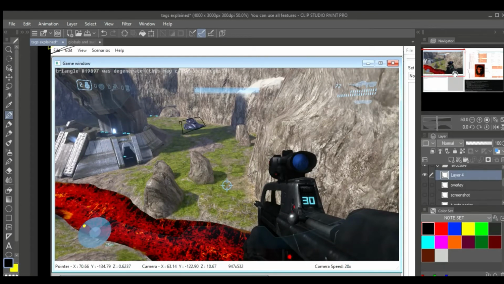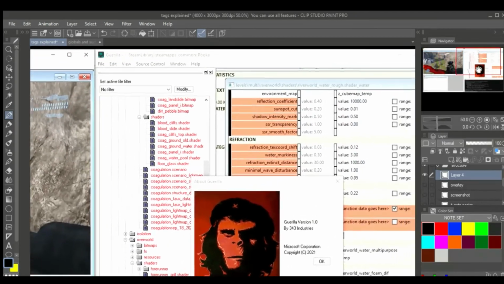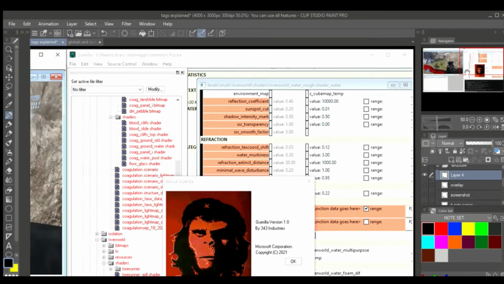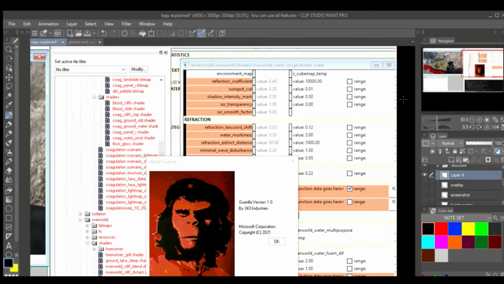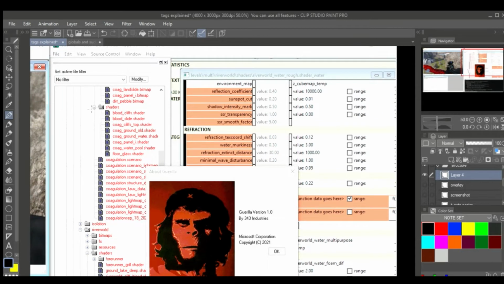Sapien is something that I would rather do, and I will do a video on how it exactly works. It's hard to describe unless you're actually seeing it, but Guerilla is a little bit easier to understand, especially if you have previous experience with assembly. Basically, how it works is you have on your left-hand side,